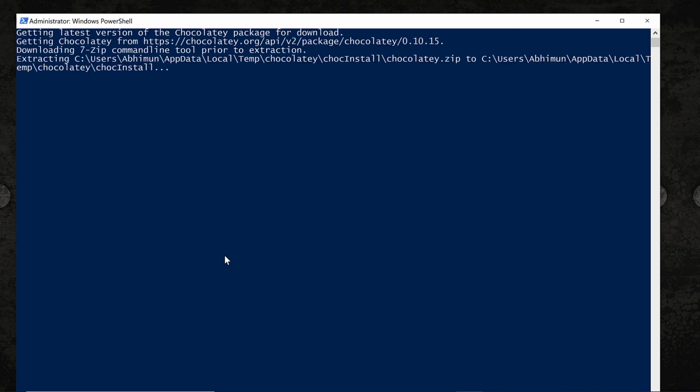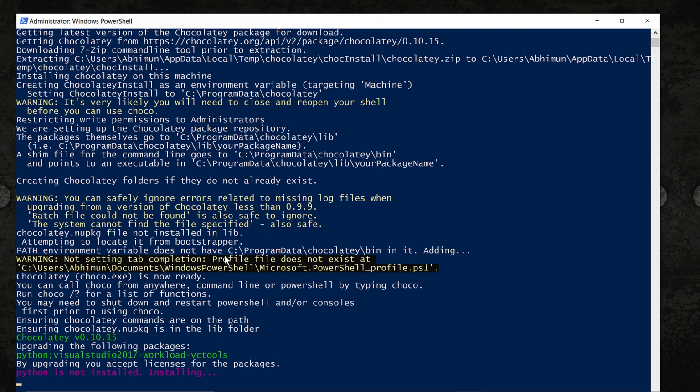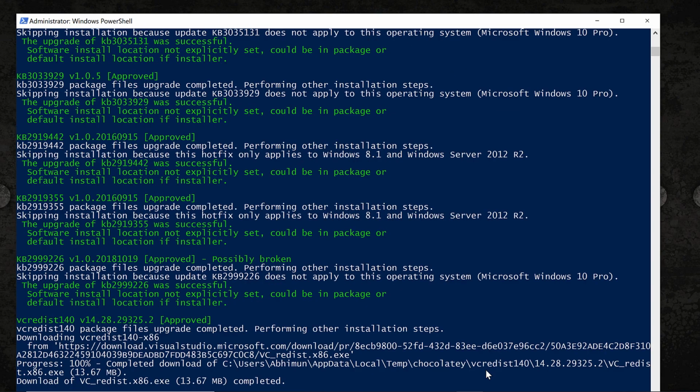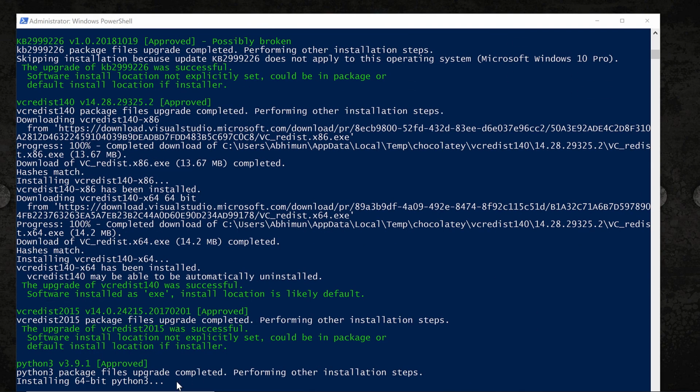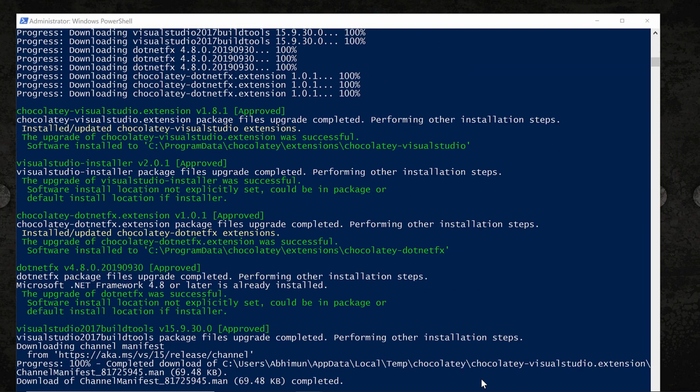Windows PowerShell is open and it started fetching packages. You can see Python is not installed, so it's downloading now. So Python 3 is installed.